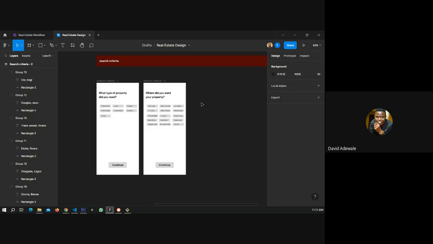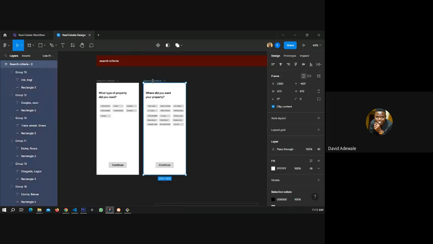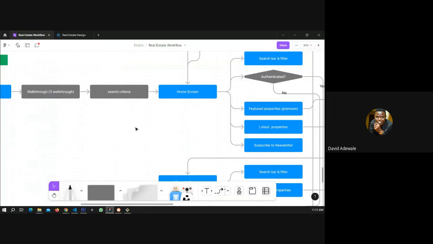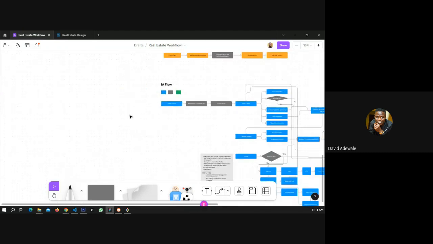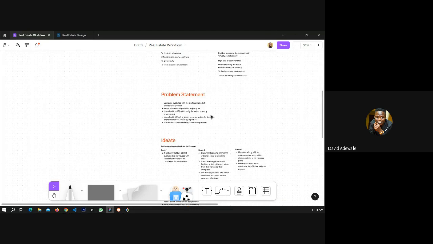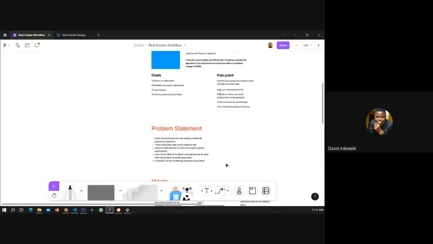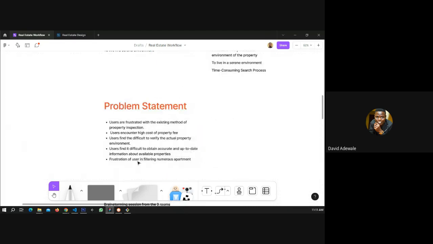All right. Pricing. Yeah, because that's what I wanted to say before. I just want to allow you guys to think so that you will know. Because in our problem statement, we have the frustration of users finding accurate, up-to-date, actual properties.